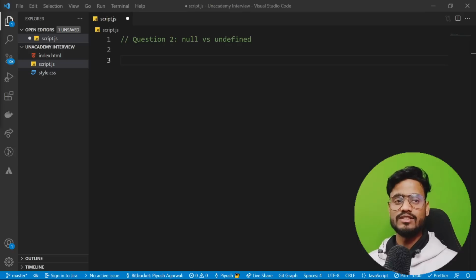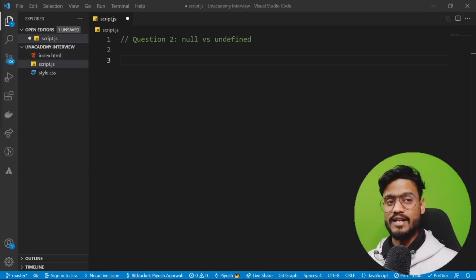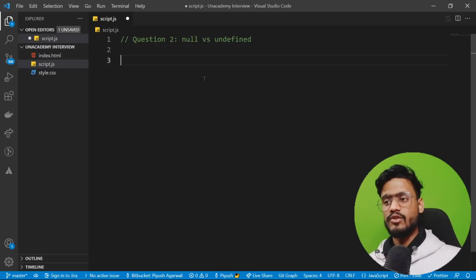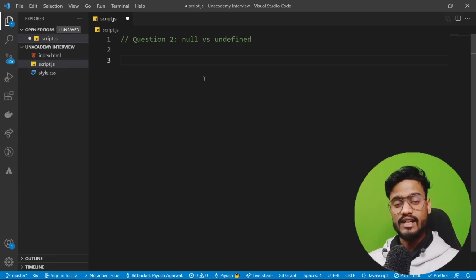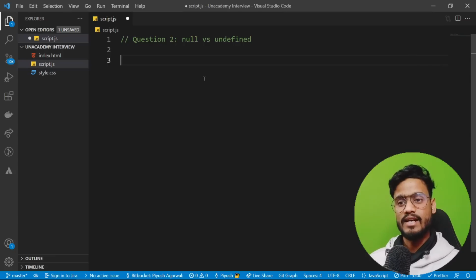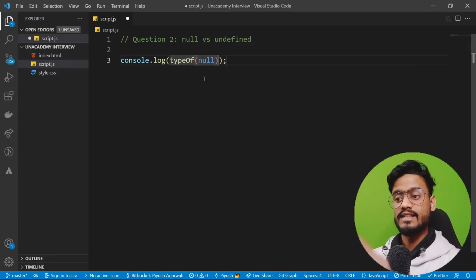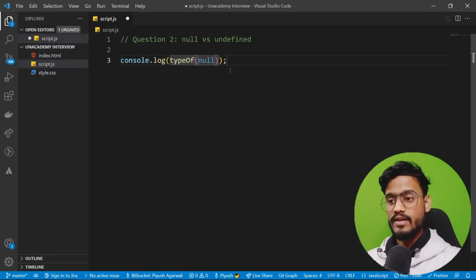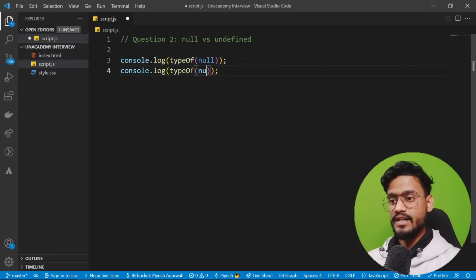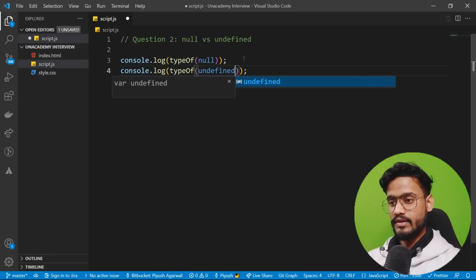Alright, so the next question was the difference between null and undefined. So how I gave an answer for this is, first of all, I told the interviewer that null is an actual value, but undefined means that the variable is declared, but it's not initialized yet. So let me show you. So if we go on and console log typeof null, you're gonna see that the type of null is object. But if we do the same thing with undefined, the type of undefined is undefined,